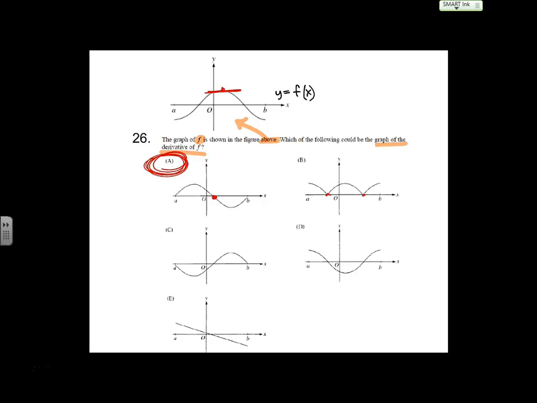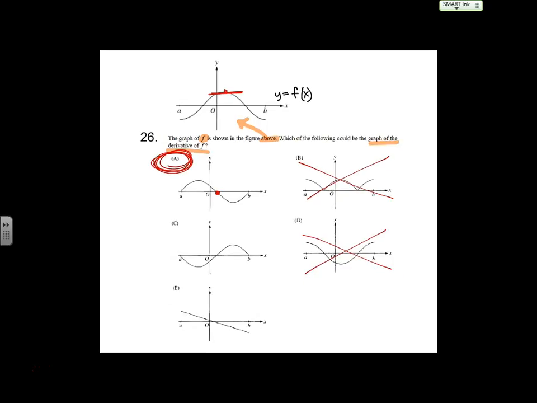And the other one, there aren't 2 horizontal tangents in between. So that one's not good because this one says there are 2 horizontal tangents. That one says there are 2 horizontal tangents. And then how do we know the difference? You can take out E. Why? Because E is just dumb, because it's the derivative of a parabola, I suppose we could say.